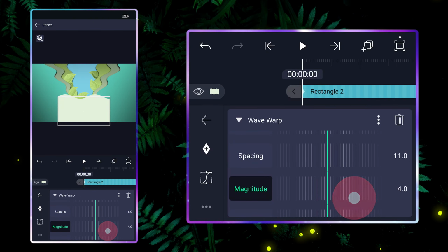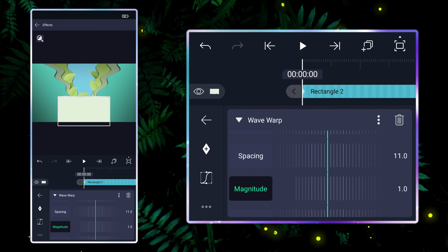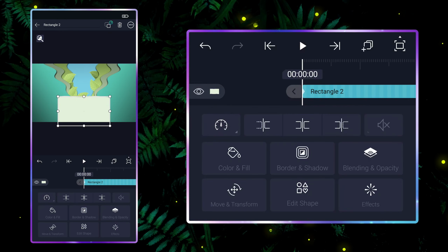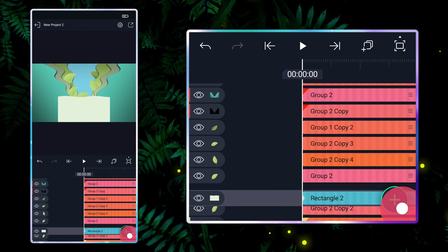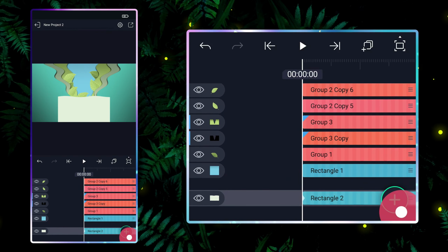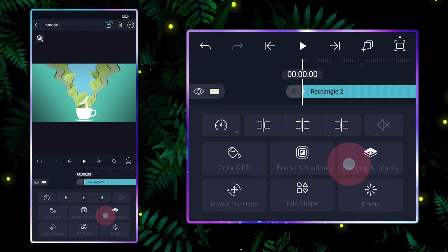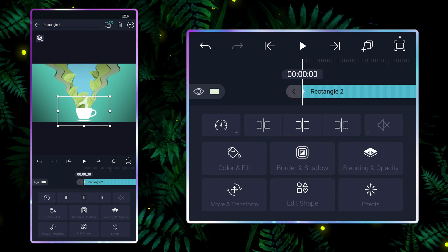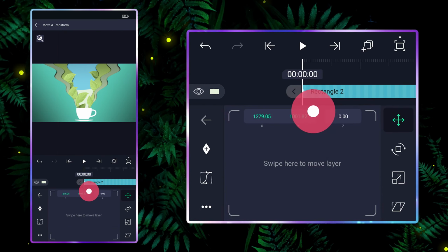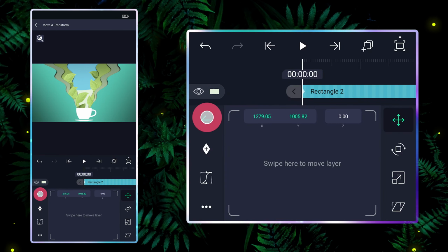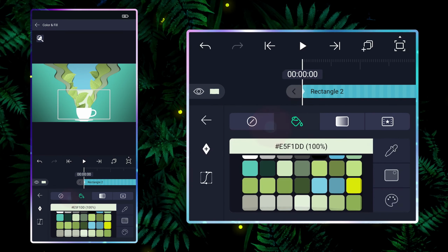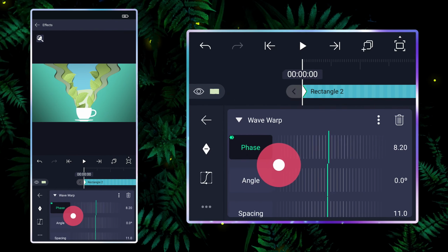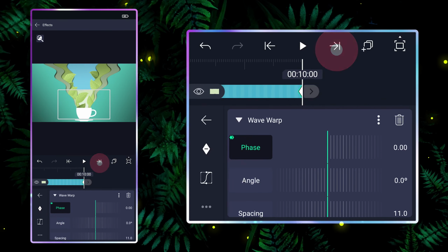This will create interesting ground waves. Change the wave warp values a little for different layers.